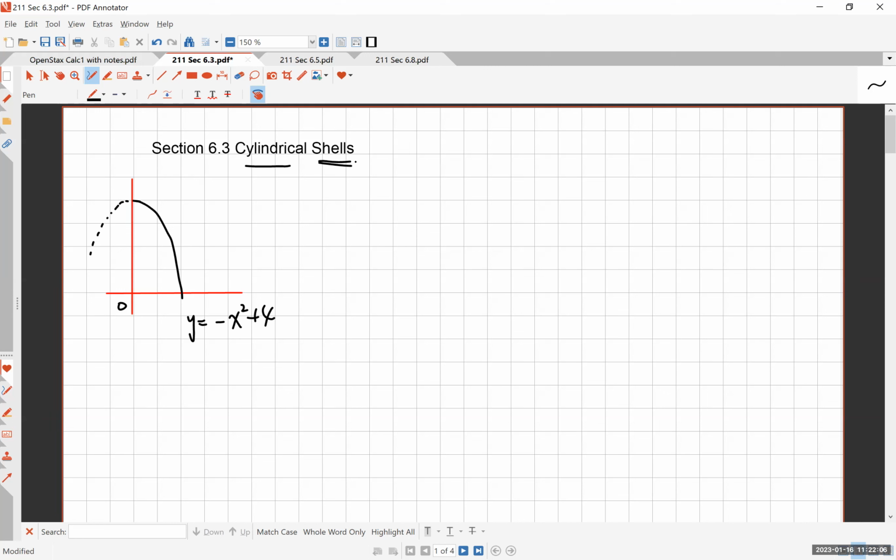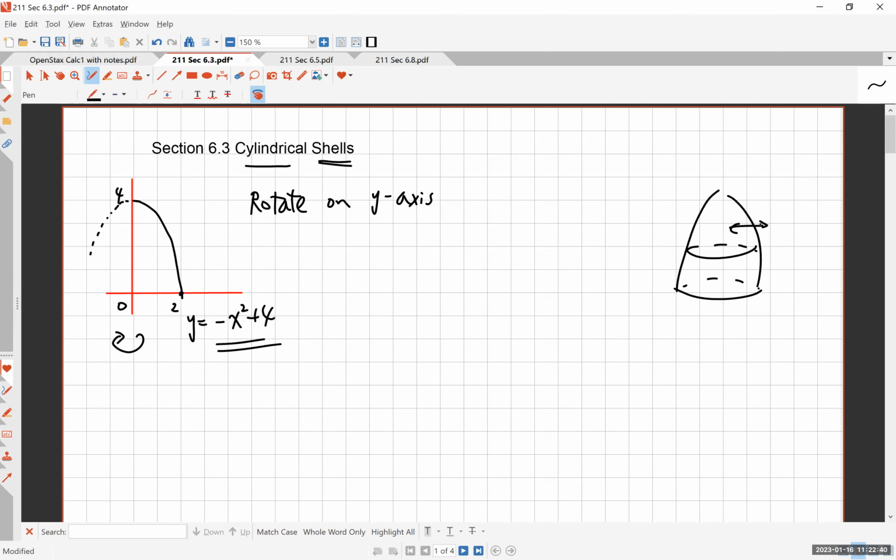Okay, so here's an example. Let's say you have this upside down parabola, y is negative x squared plus 4. So this is 4, and this point is 2. The x-intercept is 2, and the y-intercept is 4. And let's rotate this about the y-axis, and you remember you eventually will get something like that, of course, right? But each disk,